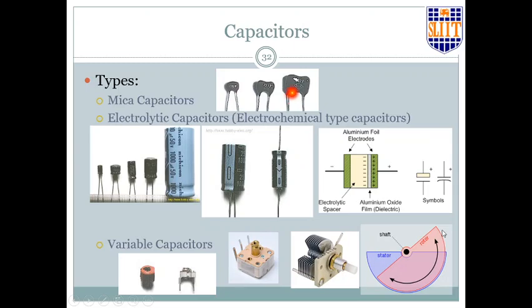So 102. 102. 1000. That is 1000 picofarads. J is plus minus 5%. Right? So this actually shows that